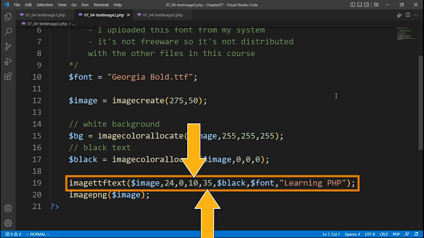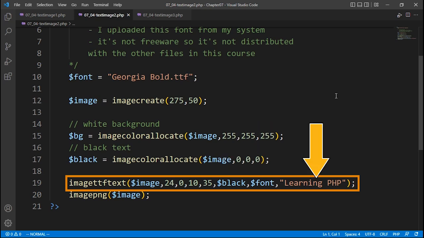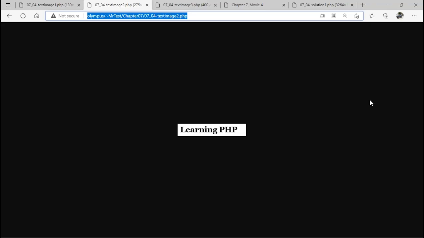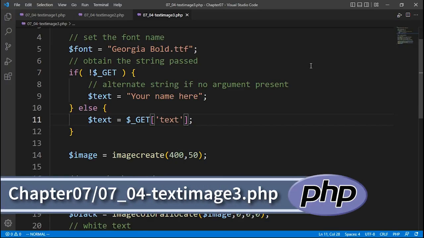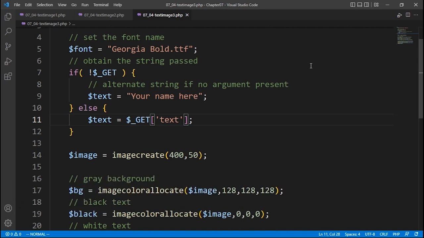The starting offset is for the string's lower left corner, which is different than the coordinate origins used for the imagestring function shown earlier. Font color, font file name, and then the text to output. Here is the image created. PHP uses the GET method for an image to accept an argument, which is exploited in this script to output